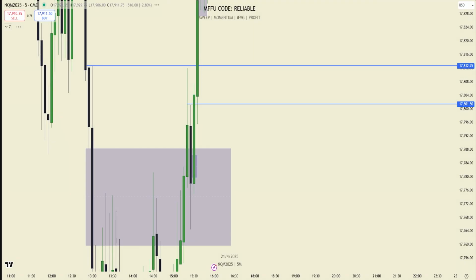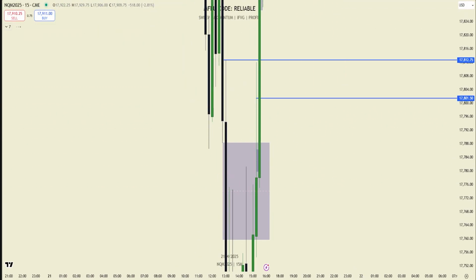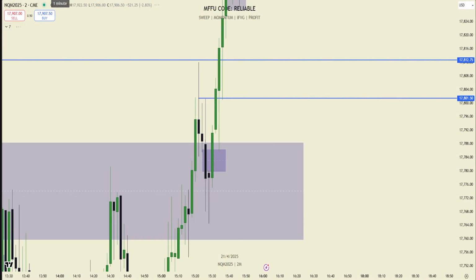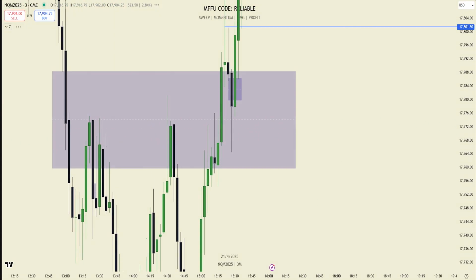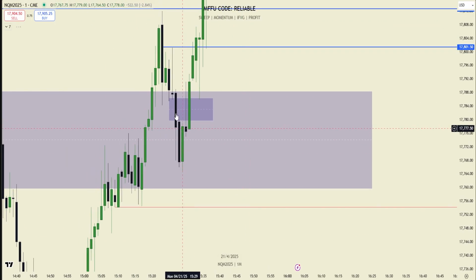But for me, I was just watching the 15. I was thinking, oh, maybe we don't have to place as much weight on the 5 if the 15 holds. And then the 15 did hold, but then the 3 minute never closed below. And if the 3 minute had closed below, I think that short would have been really good. But obviously, if we're going to continue to respect bullish PD arrays, that's why this long ended up working.